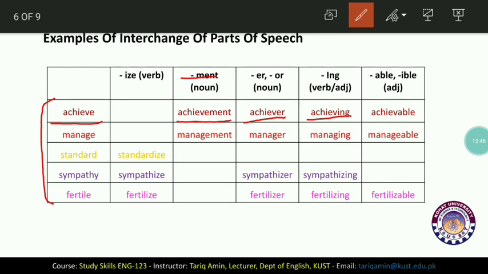An adjective and verb. And another example is achievable. Achievable is an adjective. When we add able to it, it becomes achievable, and achievable is an adjective. It becomes an adjective by the addition of the suffix able. Another example is manage. When we add